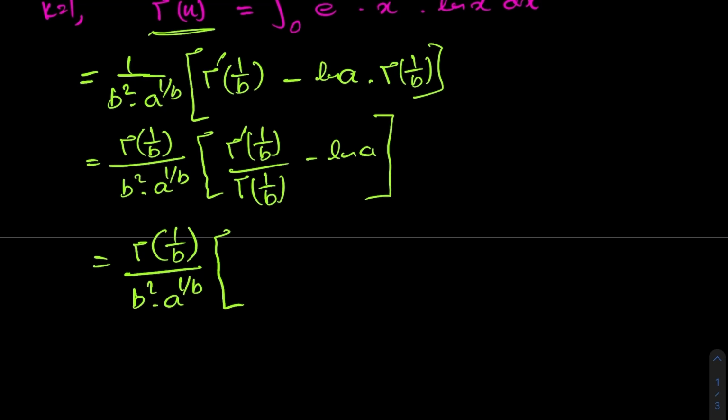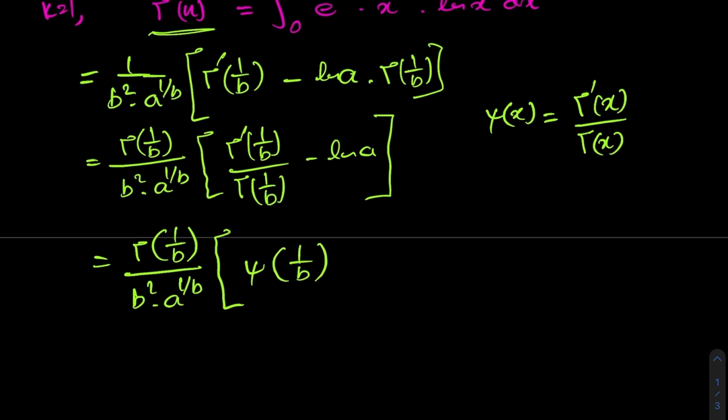In a previous video about the digamma function we talked about digamma of x being equal to gamma dash of x over gamma of x. So here we have digamma of 1 over b minus natural log of a. Okay, this is the